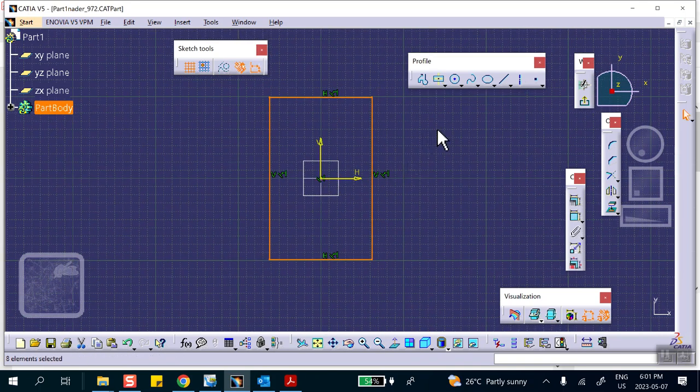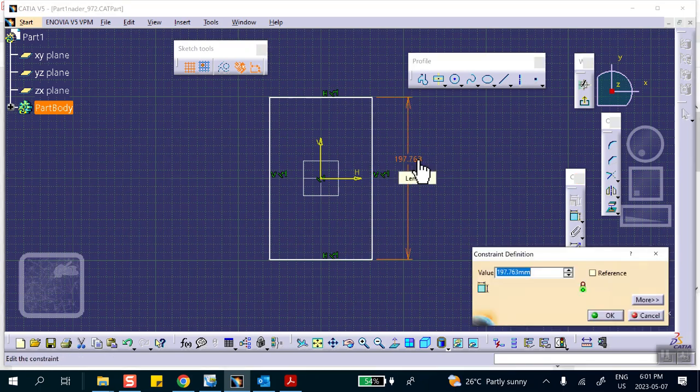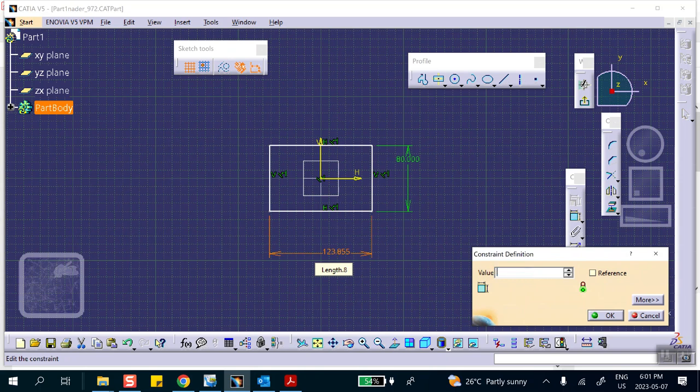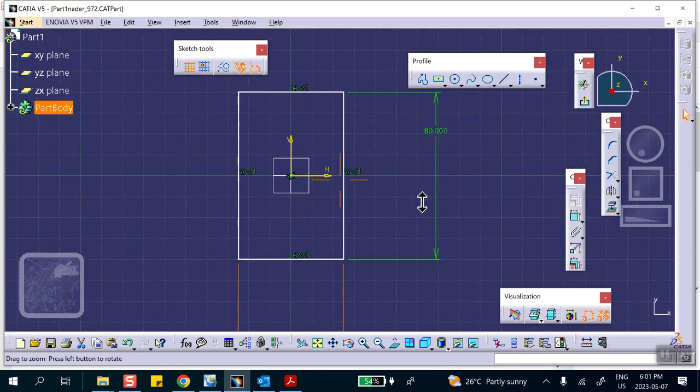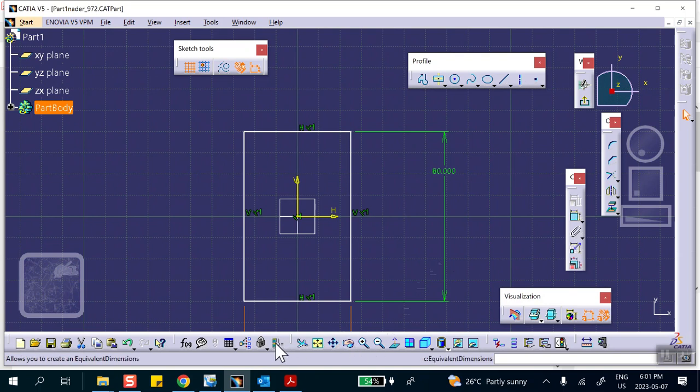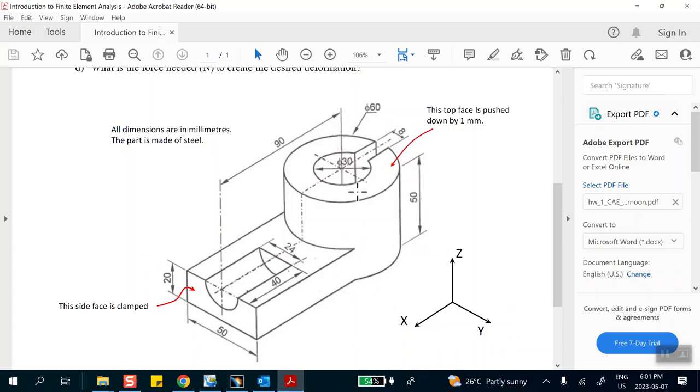So let's see now. I said I'm going to make this thing 80. I already changed my units to millimeters. Okay, and this is 50, I believe. Okay, there we are. And the center of this circle, obviously, is 80 millimeters. So I'm going to make this circle of